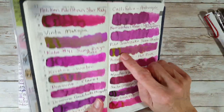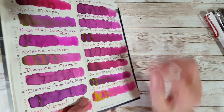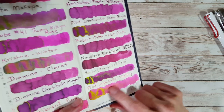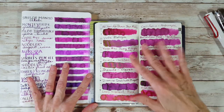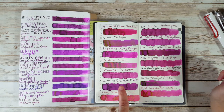It's got a lot more of that gold sheen. I'm going to try to tip that so you can see it. Of course, we got sheen down here on Sailor Akabe and on the other Pilot Iroshizuku, the pink one, the Tsutsuji. Oh my goodness, I should never try to say those. But this was just a lot of fun, and I did share an image of this, but then I added